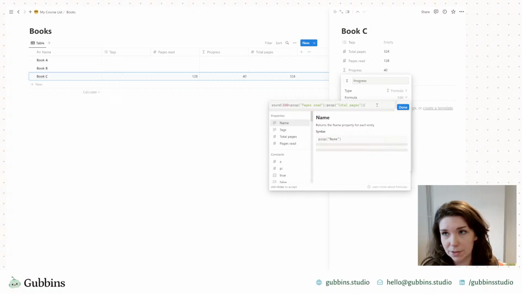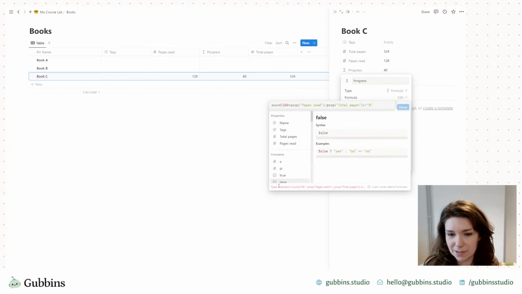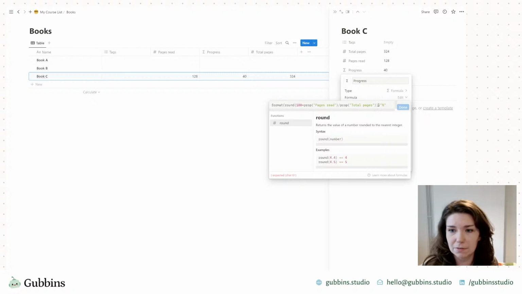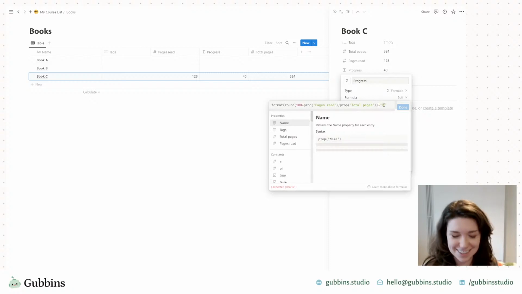But then if you want to use a number in a string, which I'm about to do, then I think you need to convert it first. At the moment, this part of the formula is a number, but I want to add a little % symbol, and it won't let me do it because of a type mismatch. This is a number. So in Notion, the way you convert from a number to a string is to just use format. So there you go, it gives you the